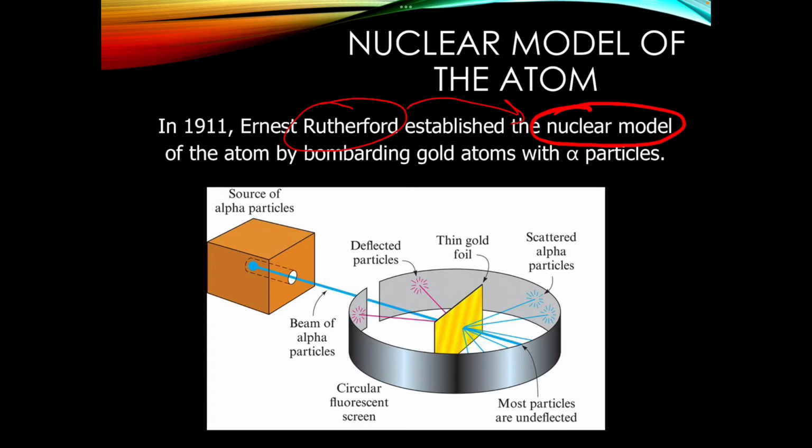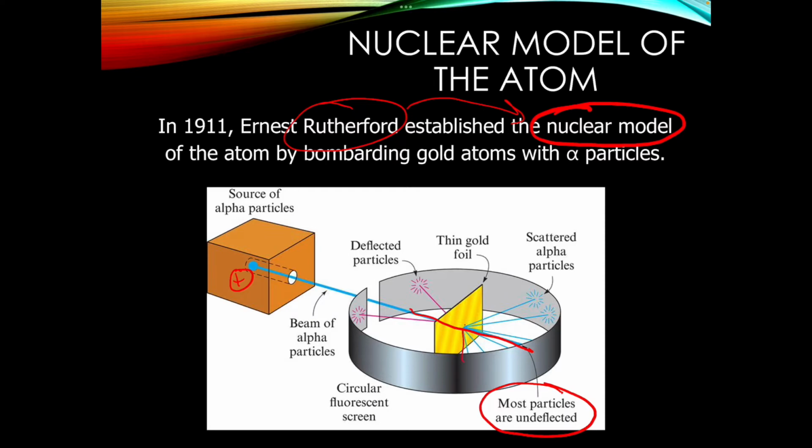Okay, and let's talk more about his experiment. He was not using cathode rays anymore, but he was using alpha particles. And these alpha particles are positively charged. So he used a bunch of positively charged alpha particles and shot them at a piece of foil. When he shot them at the foil, he noticed that most of them went through. Most of them are not deflected. They went straight through the foil because they are super small and positively charged. They went just right through.